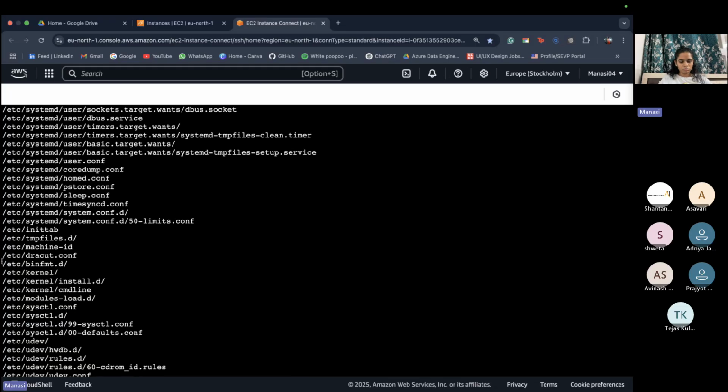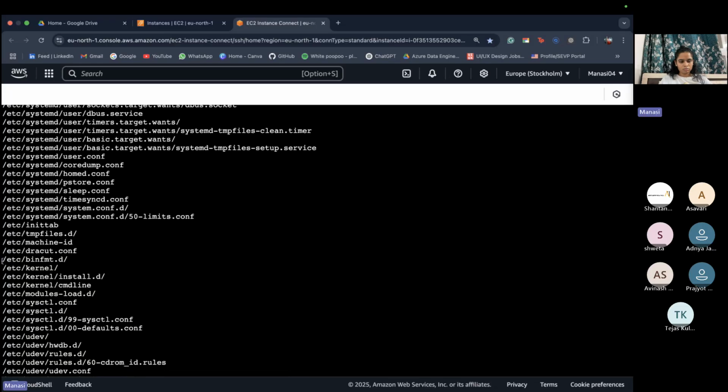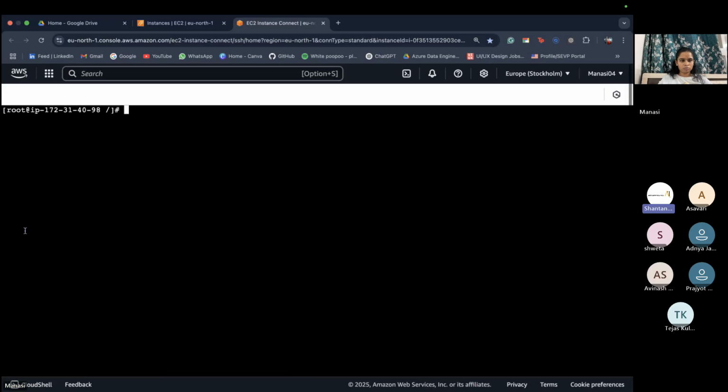Okay, it is done now. Let's check what is the new file size after using xz. Okay, now it has been reduced to 2.7. This is how we use compression to compress a particular directory or folder so we can save on space.